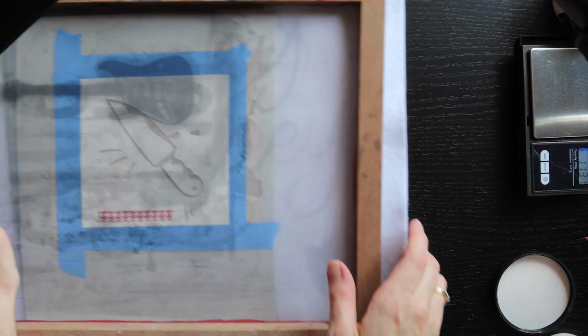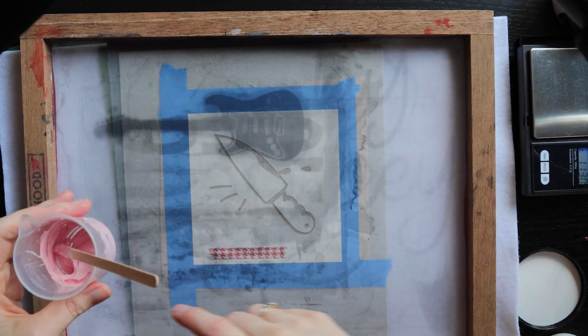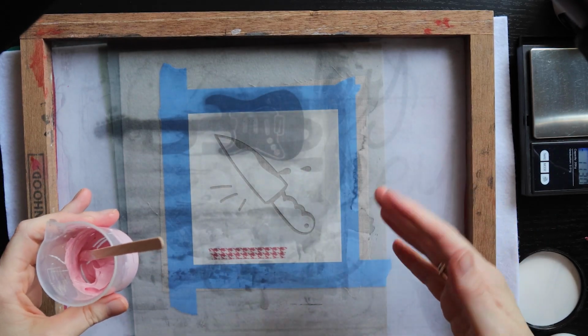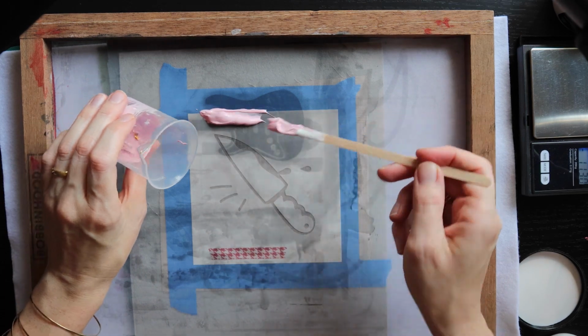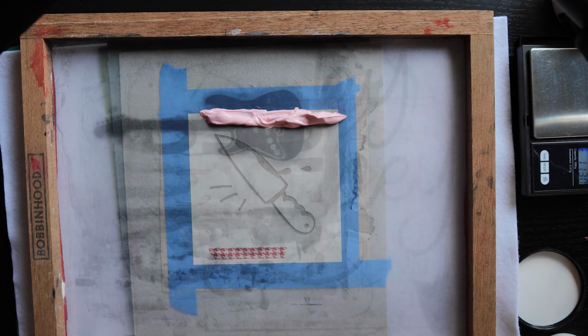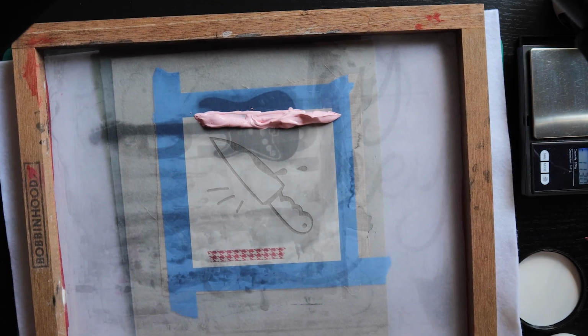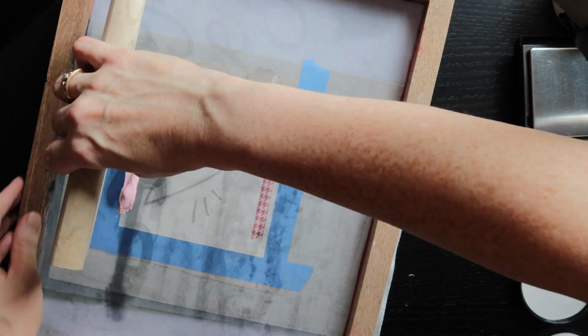Now it's time to do our test print. I'm going to avoid this outside area because obviously the mesh is open and I would get it all over my felt. This should definitely be enough ink. Maybe I will turn this around. Although you really can't see there either. Anyways,